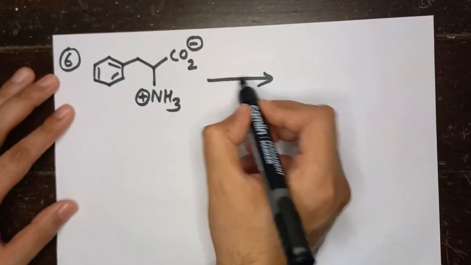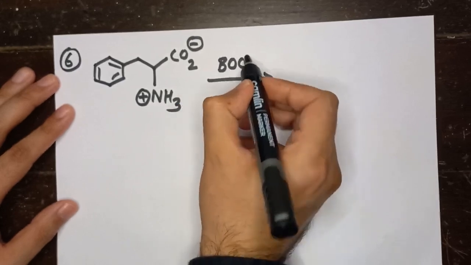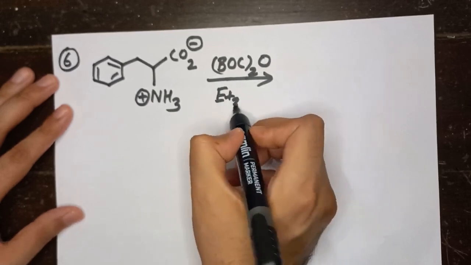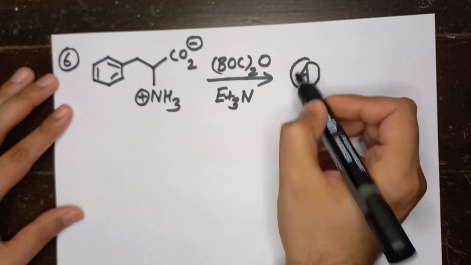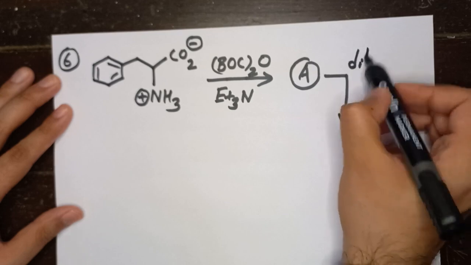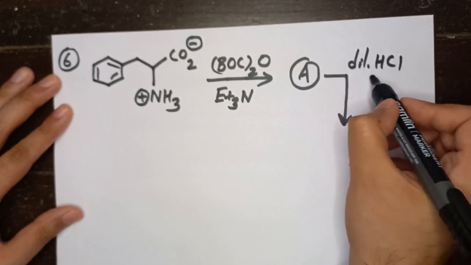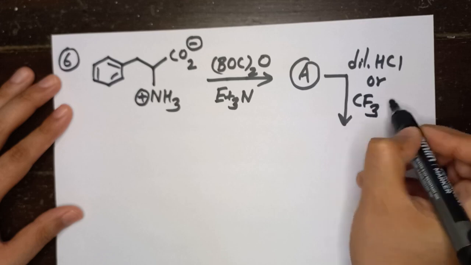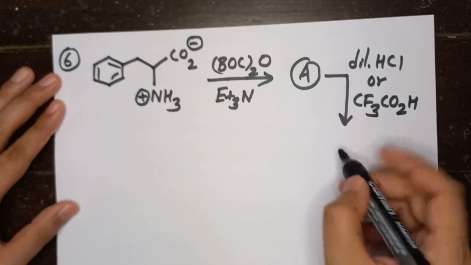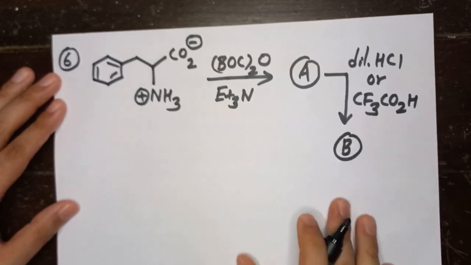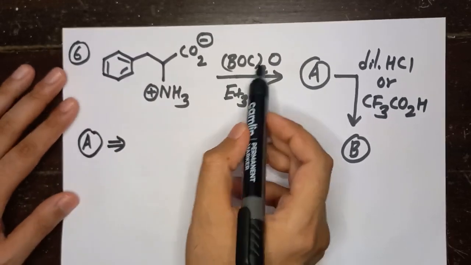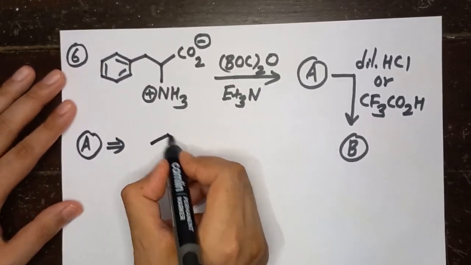So in the first step, I'm using Boc anhydride in the presence of triethylamine to form A, and then this A in the presence of dilute HCl, or you can also use trifluoroacetic acid, TFA, to get B. Okay, so the structure of A will be, so this is a Boc protection of the amine group. So the structure of A is going to be